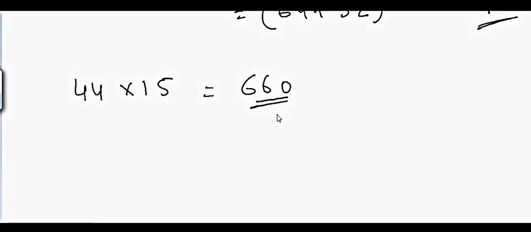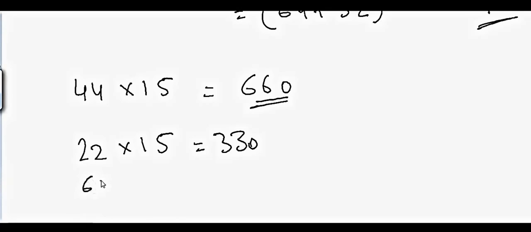Suppose I want to multiply 22 by 15, that will be equal to 330. And if you want to multiply 66 by 15, that will be equal to 99 and 0. So as you can see, I'm using simple numbers, but you can always go to complicated numbers and do the same kind of